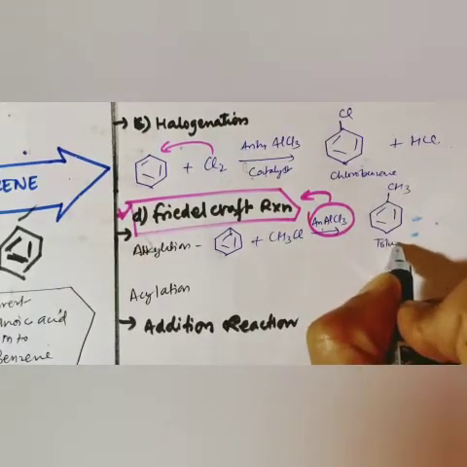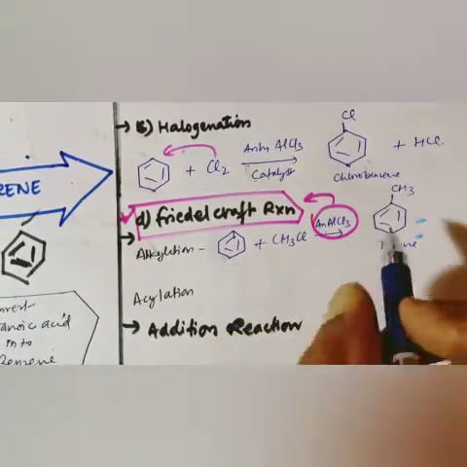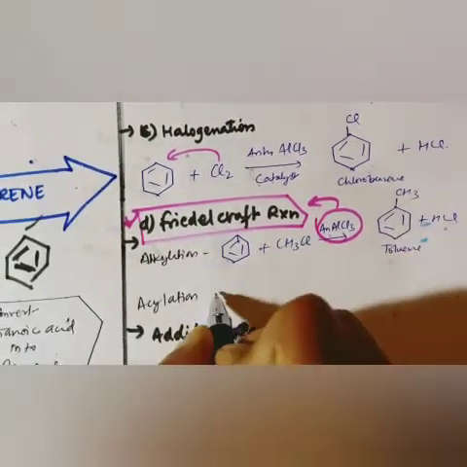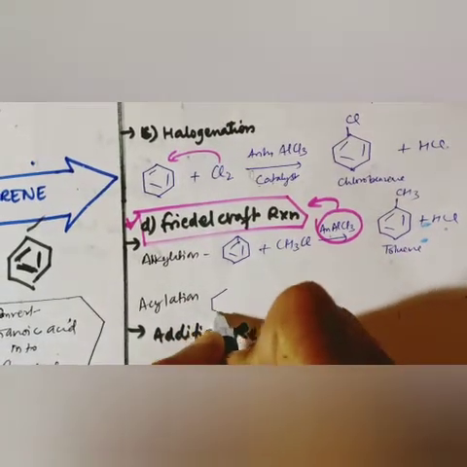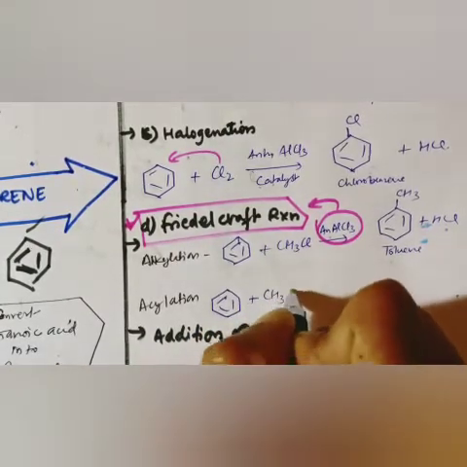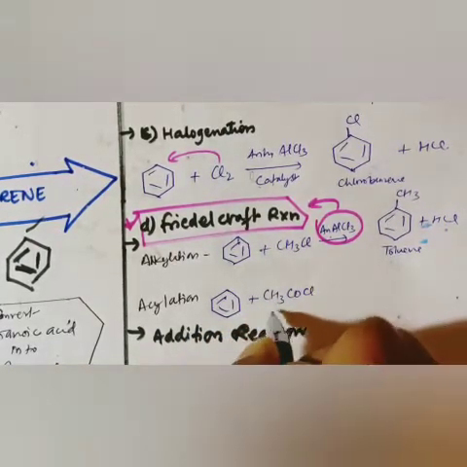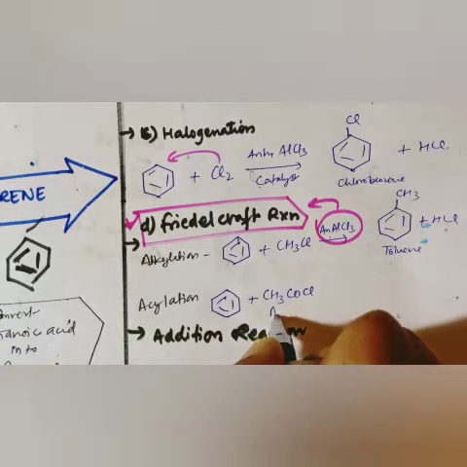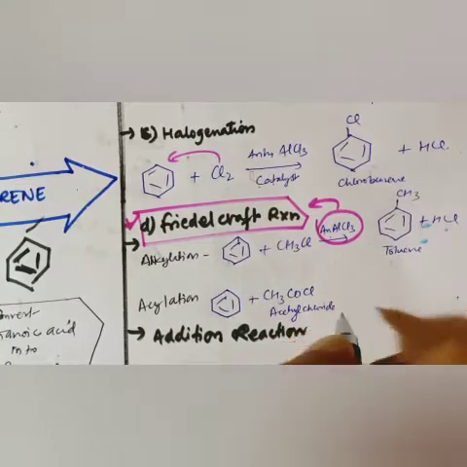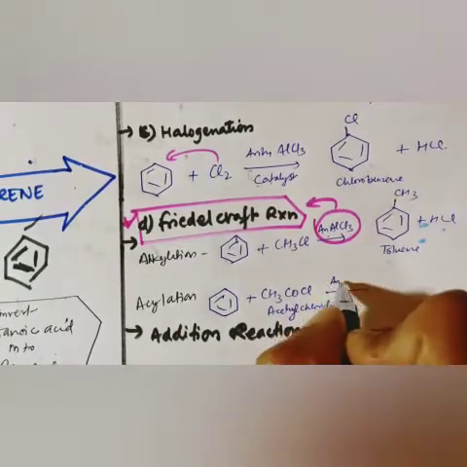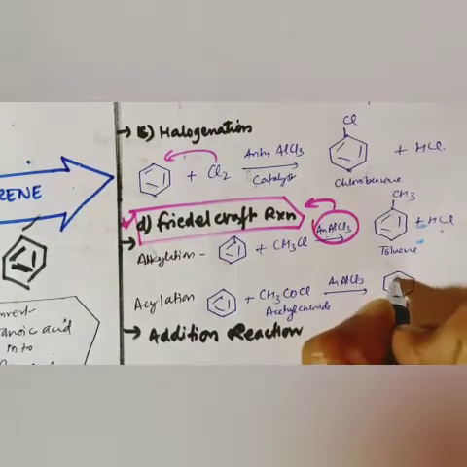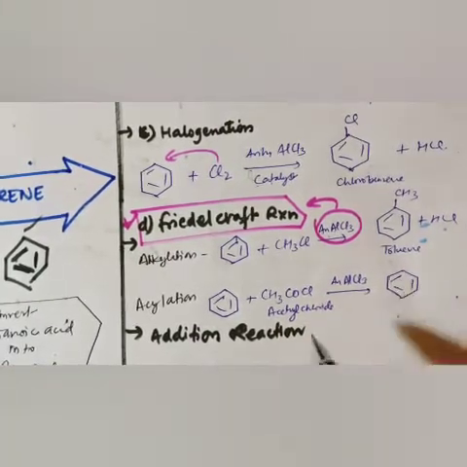Sometimes this question is coming: convert benzene into toluene, then Friedel-Crafts alkylation. And if it is Friedel-Crafts acylation, at that point one difference is there. That difference is, in place of methyl chloride now we are adding acetyl chloride. This is acetyl chloride. Again anhydrous aluminum chloride, and it will change benzene into, dear student, maximum students I found that they